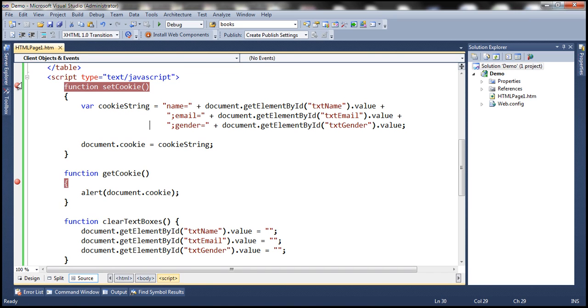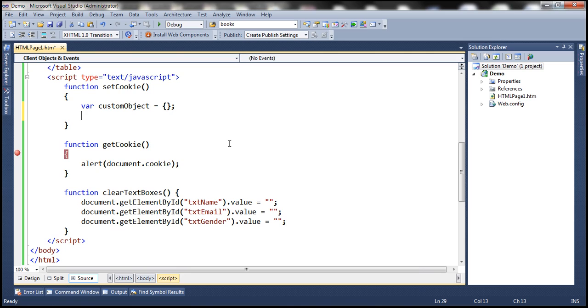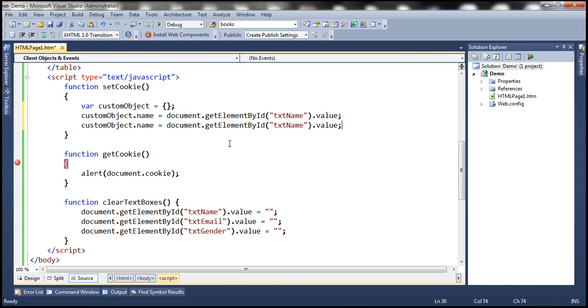So let's modify this setCookie function. Let's create a custom object first, and this is going to be an empty object. To this custom object we are going to add the properties that we need dynamically. So we need a name property to store the name, and let's get the name from the name text box, so txtName.value, and similarly we need